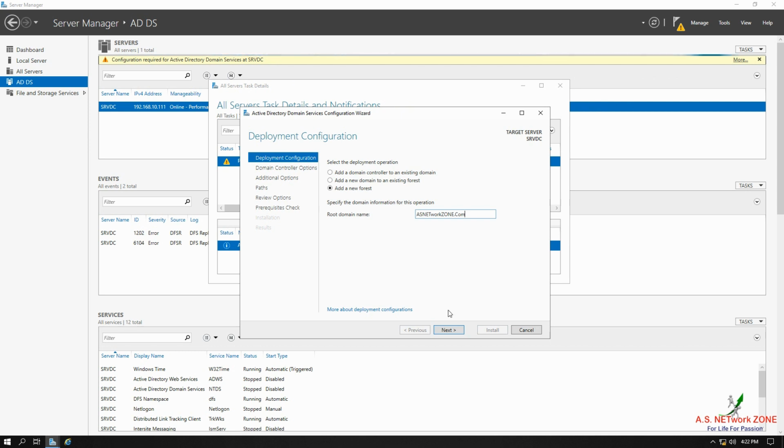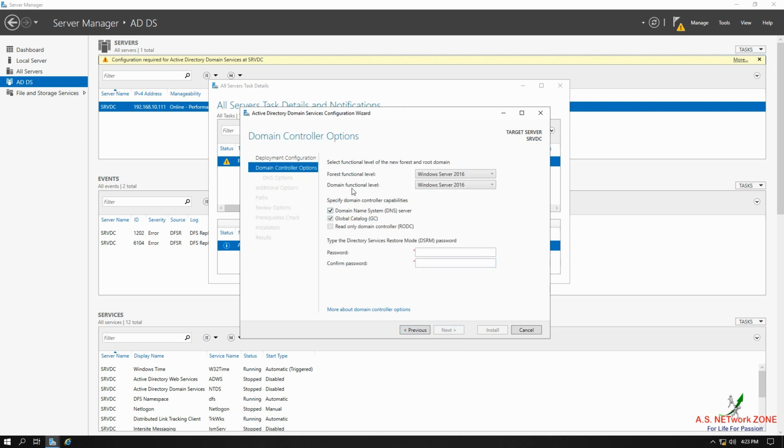Click on next. And here you can assign your forest as well as your domain functional level. Whatever you want you can select. If you don't know what the domain or forest functional level is, not to worry, in further classes I will discuss that. So here I am doing nothing. Here we are not using DNS services inside our network, so that's why the first checkbox is selected automatically. It means Active Directory Domain Services will automatically install DNS services as well. The rest two options, global catalog server and read-only domain controller, we will discuss later.